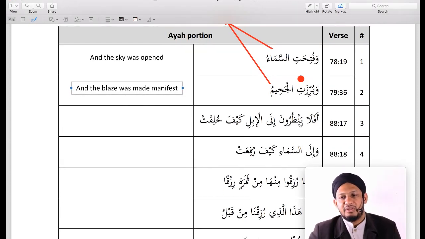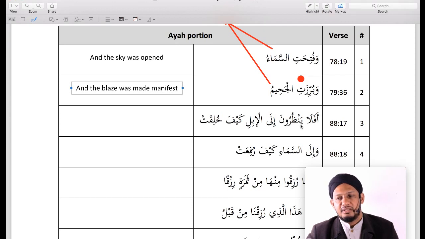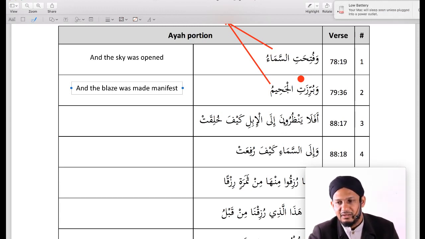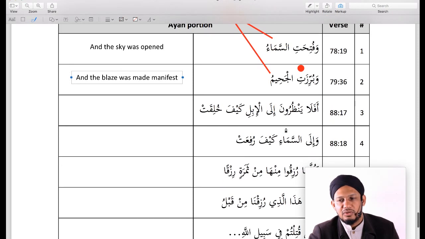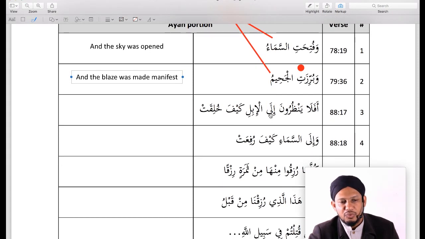أفلا ينظرون إلى الإبل كيف خلقت. Next one. Afala: so do not. Yanzuruna, from nazara yanzuru, is going to be a ma'loom verb. You with me? A verb where the doer is known. So where is the fa'il? It is this una at the end. Do they not look ila, to